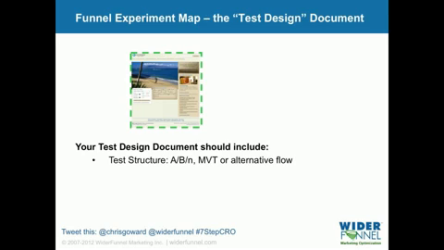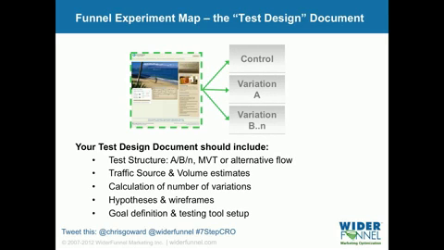So we put this plan in writing. It should include things like the test structure, the traffic sources and volumes, the calculation of the number of variations that you can run with the type of traffic you have, and that helps you to avoid other problems like running too many variations or having tests that are poorly planned and can run forever. The test plan should include the wireframes,